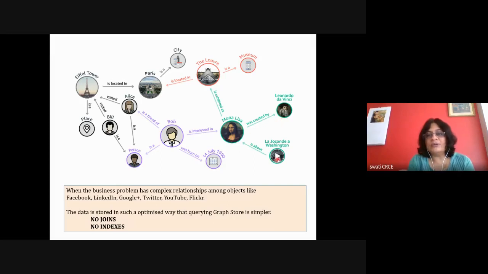It is about Washington. Or Bob is interested in Mona Lisa, or he was born in the 90s. Okay, so everything in the world is represented in the form of an entity node, and all the relationships of these nodes will be represented in the form of a graph.